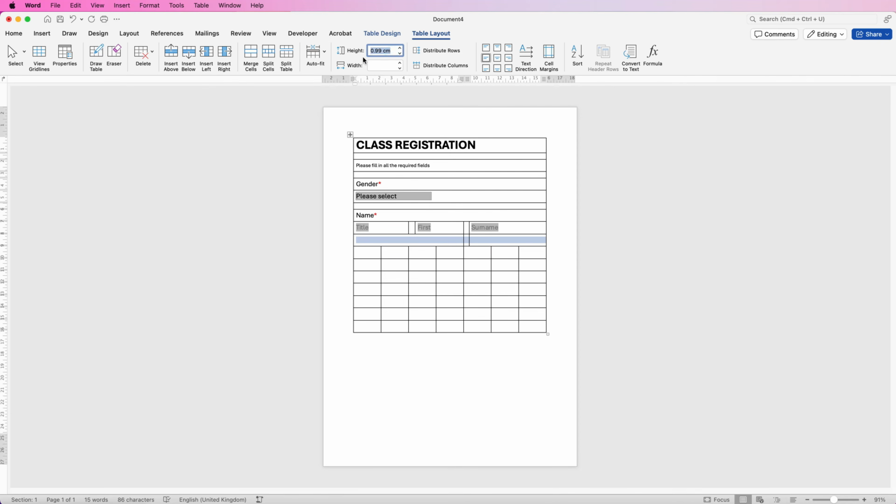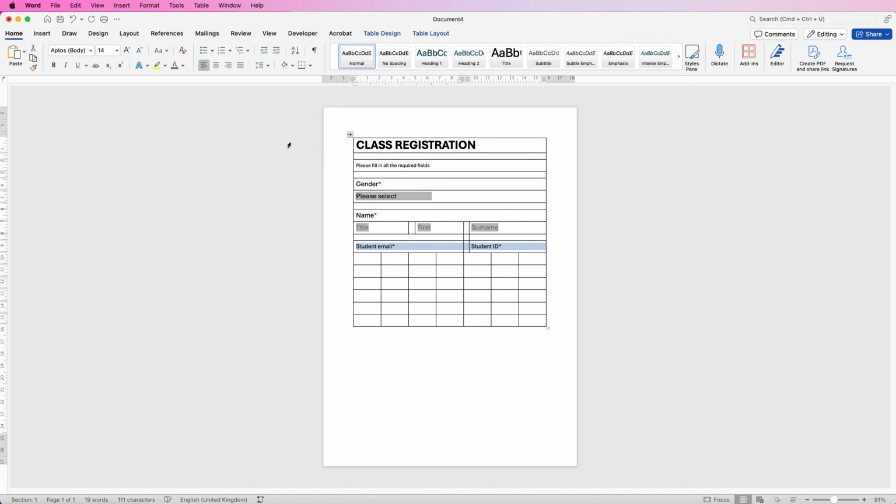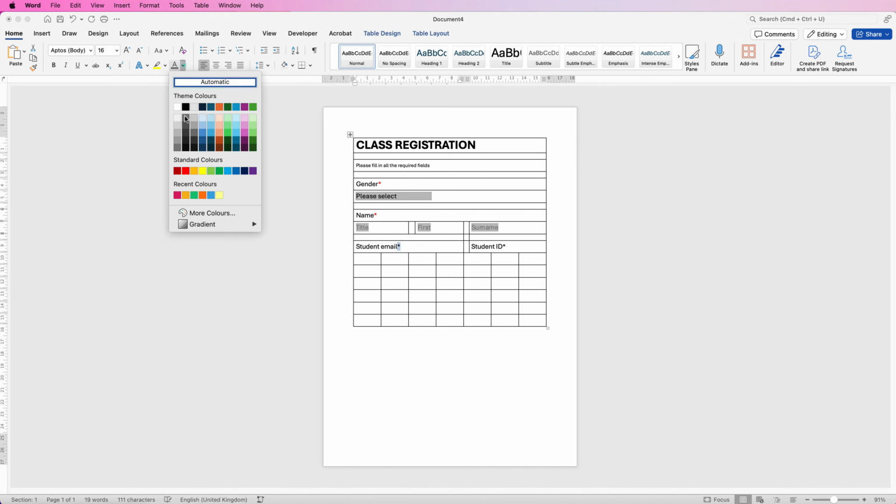So again, with the height, we're going to create a spacer below everything. So we've got these spacer ones, you can just see them. For this one, we've got student email and student ID. So we're just going to move this one over. All lines up, and then merge that cell there. So in here, I'm going to just type student email, and in this one, student ID. Then we can select both of these, Home tab, increase the font size to 16, and then we can change the stars to red,